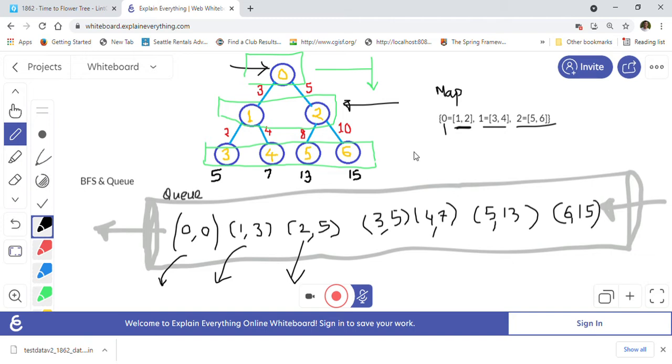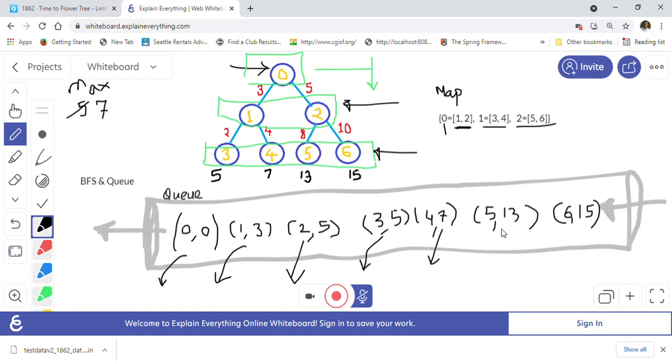So now we are on this level, and we will keep polling these nodes. Now 3 we will poll first. Now we will keep track of the maximum time that we are seeing. Actually, the time we will only notice when we are visiting any leaf node, right? Like 3. So now we are taking out 3, so we will update the maximum to 5, because 5 we have seen. So next we will pull out 4 comma 7, so we will update the time from 5 to 7, because 7 is more than 5.